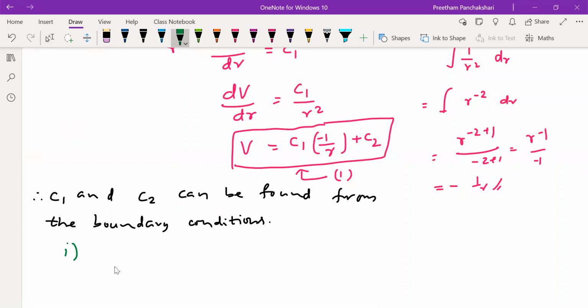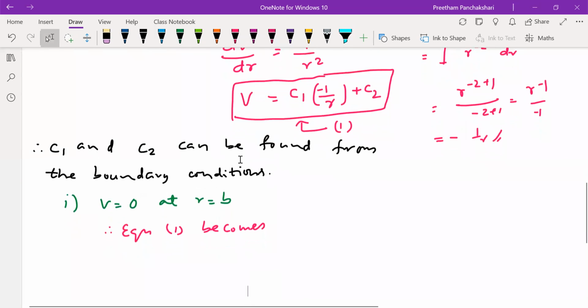We know that the outer sphere is grounded, therefore V is equal to 0 on the outer sphere, but the radius of the outer sphere is B. So the first boundary condition: V equal to 0 at R equal to B. Therefore, equation 1 becomes, after applying the boundary condition,